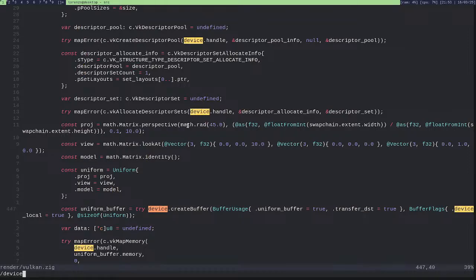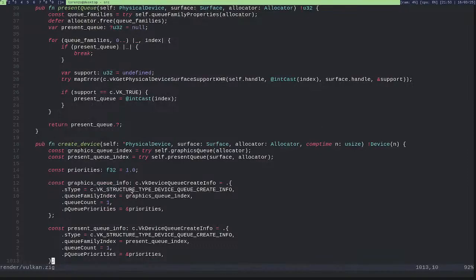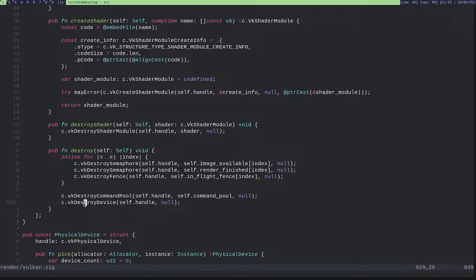And so device should be declared here. Destroy. I don't see the destruction of the device anywhere. Oh, hello. I don't see the destruction of the device anywhere. First line of destroy renderer.